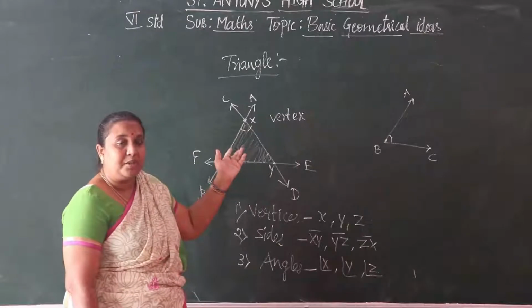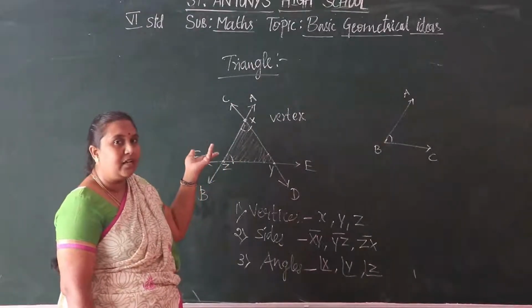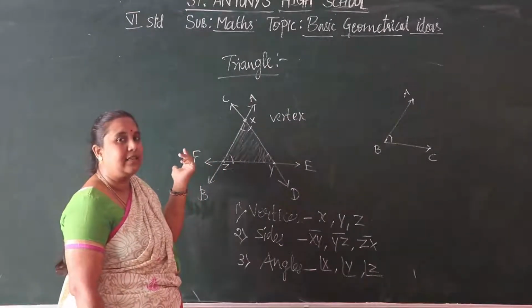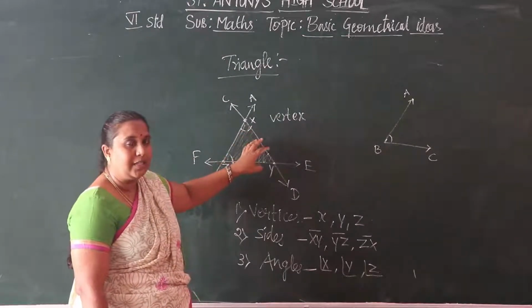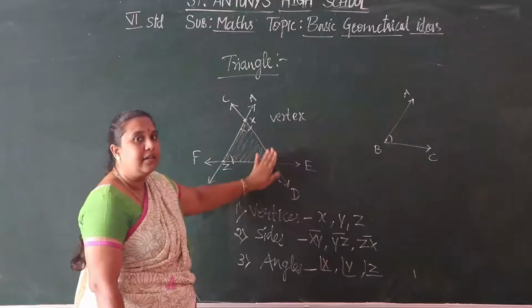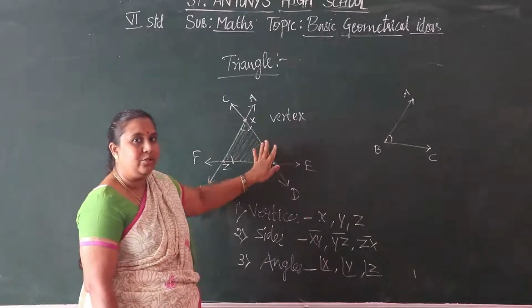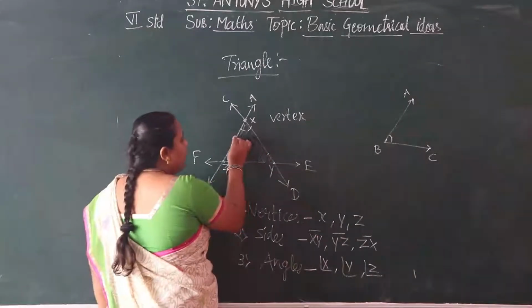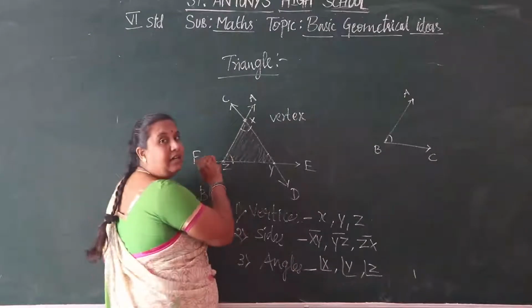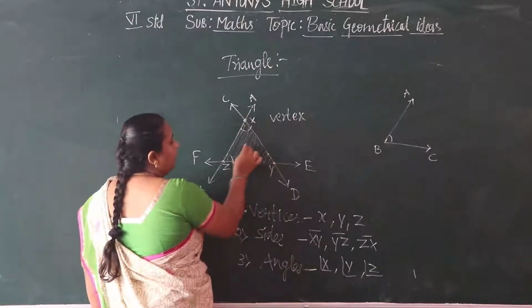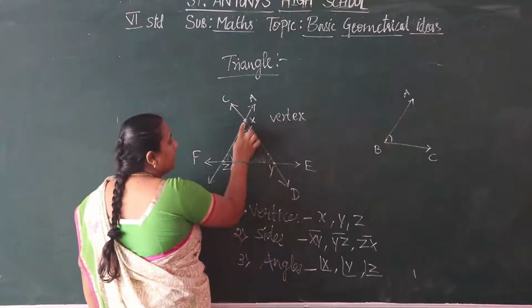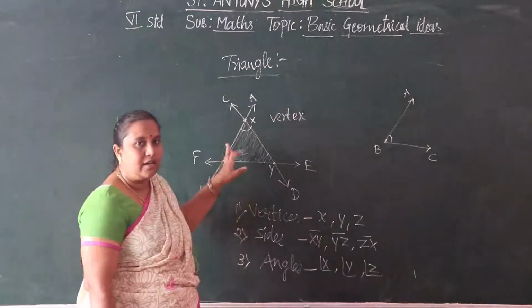What is meant by the region? We read it already, in our first class I think. The region is the area which we want. That is the boundary. Inside the boundary we can say that is a region. Boundary and the area we can say is a region. So it is inside the triangle. This we can say is the interior of the triangle.